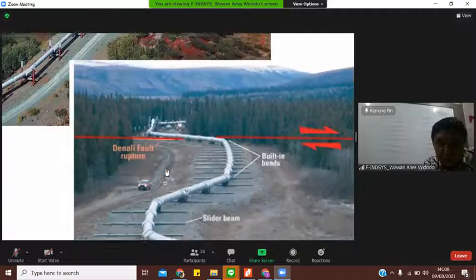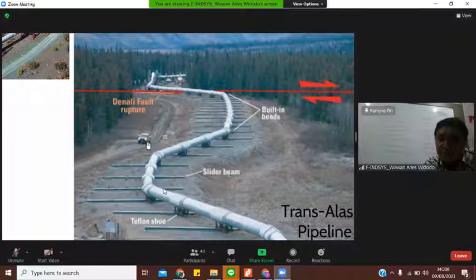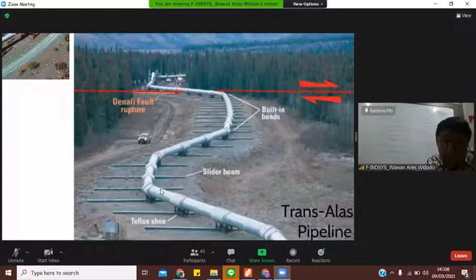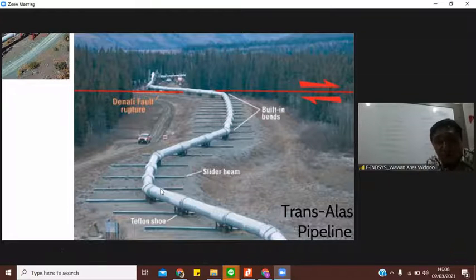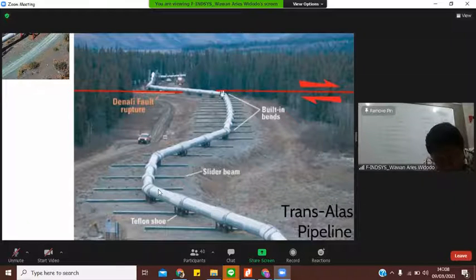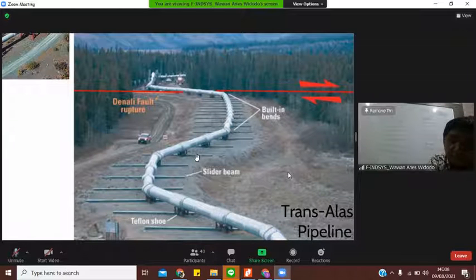And then you can imagine this one. This is the car, and this is the pipeline here. You can see how big this piping is compared to the car. I think the car here, in Indonesia, is a double cabin car like a Mitsubishi Pajero or Fortuner, the biggest cars, about the same size as the pipe here. This is the Trans-Alaska pipeline.